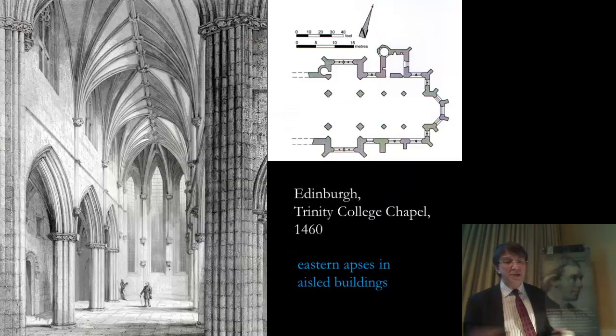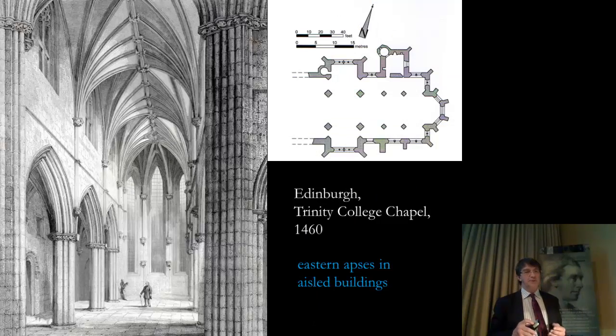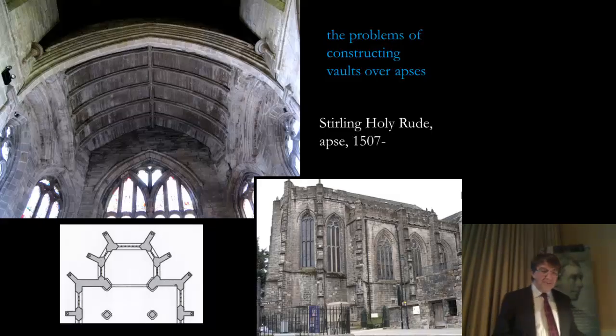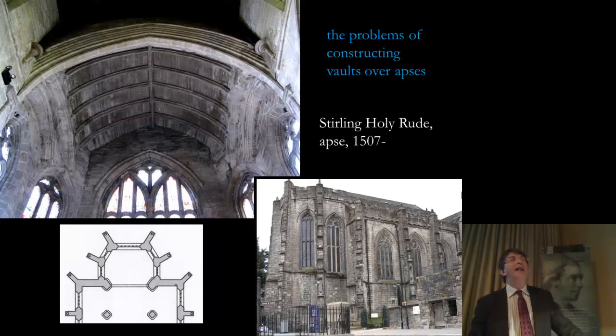And of course, we've seen at Trinity College, this is where I think the idea of the apse was introduced to aisled buildings, in a sense, the chapel that was founded for prayers to be offered for James II. But it was followed in quite a lot of other buildings as well. But I have to say, most other master masons seem to have had real difficulty in fitting these apses onto